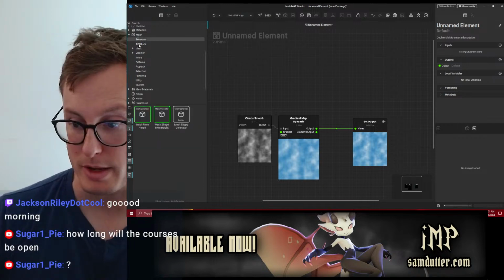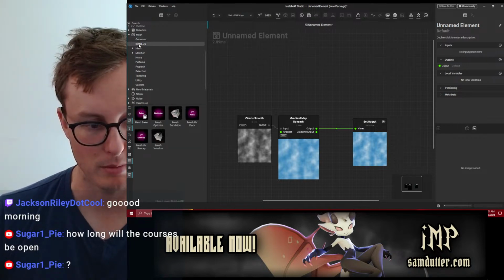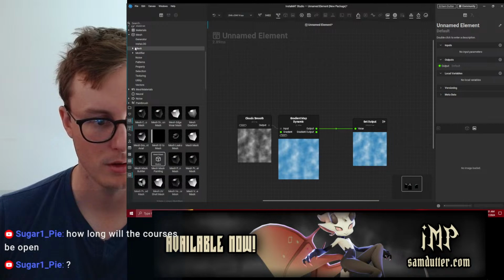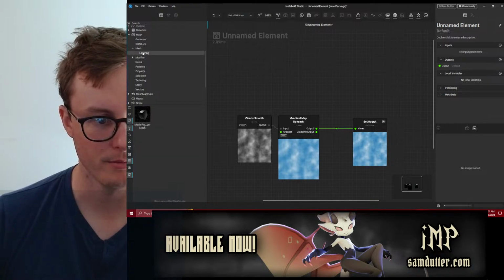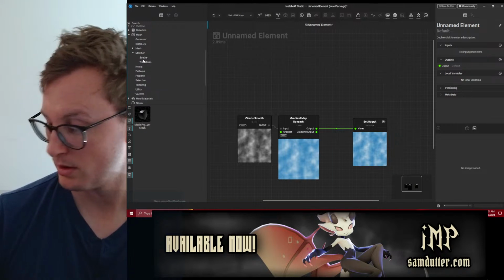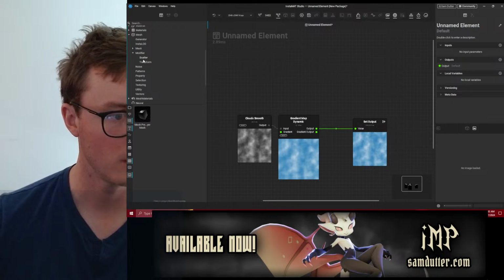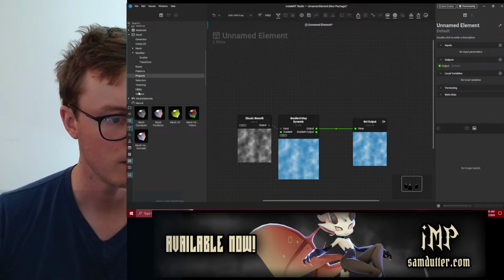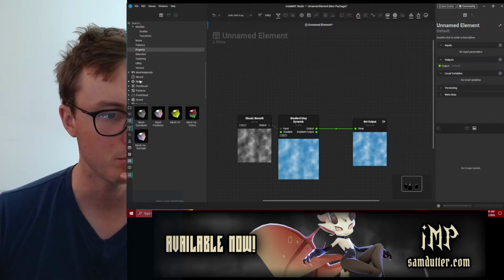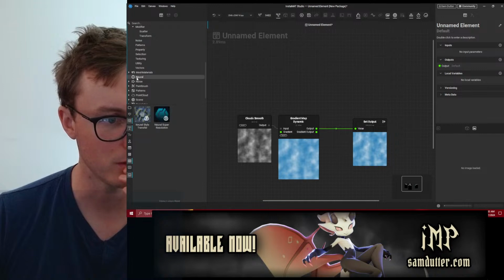So we can generate meshes. We can make LODs from them. We can mask certain parts of them. But can I bring in a custom mesh? What is neural? Oh, that's AI stuff.